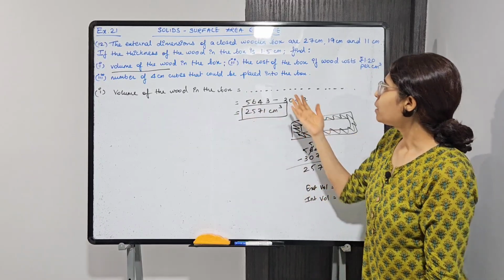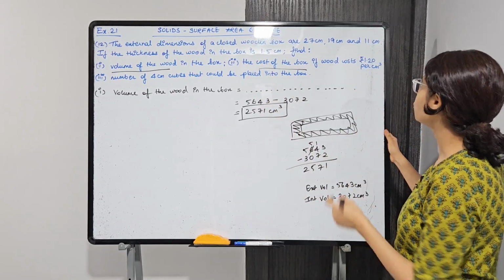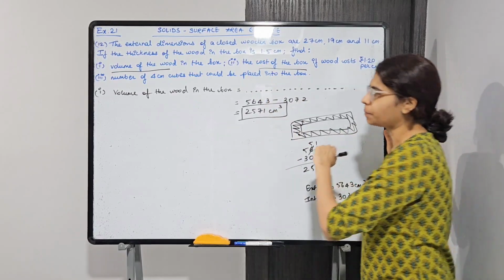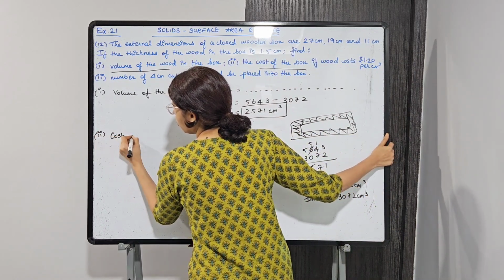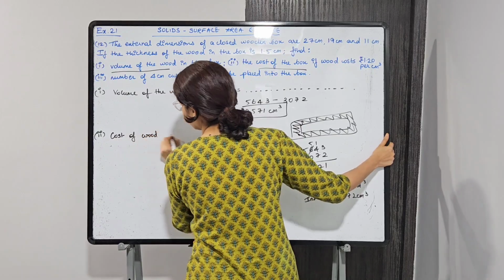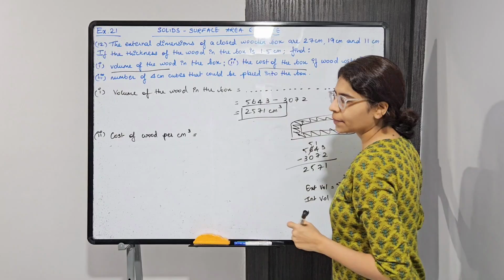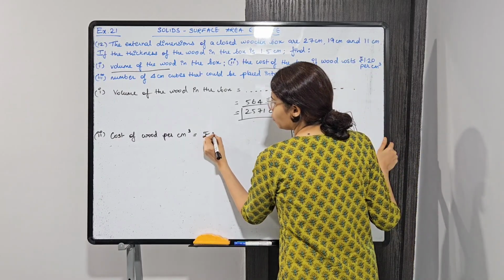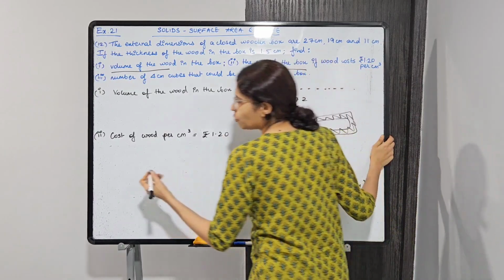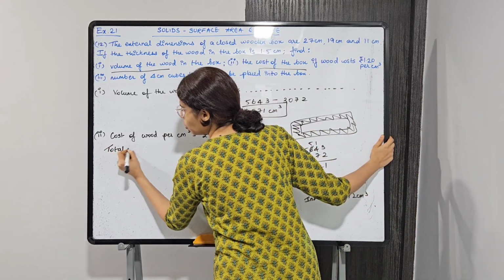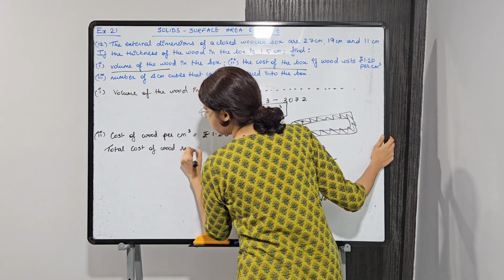All right, second part, we need to find out the cost of the box. We need to find out the cost of the box if wood costs rupees 1.20 per cubic centimeter. So cost of wood per cubic centimeter, it is rupees 1.20. So total cost of wood required, total cost of the wood required to make the box